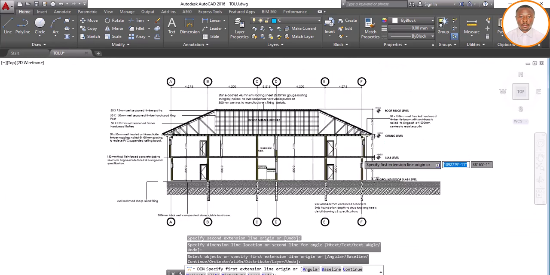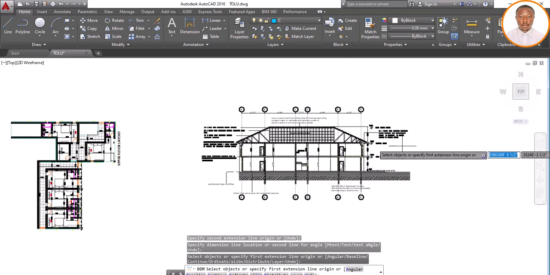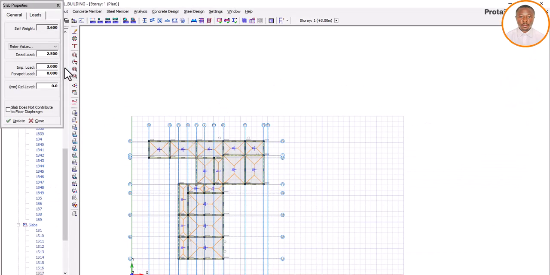So which means the load reduces. We just put our line load. So let's go back. This one, instead of 2.5, I can just put my